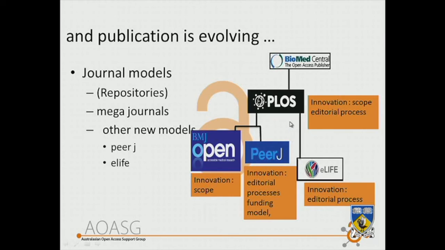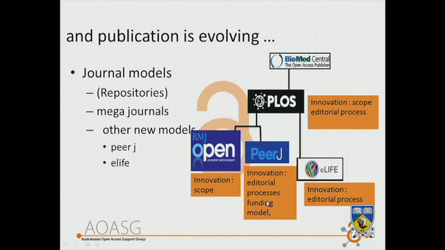When I was talking at the beginning, I said that there used to be this route that people were very comfortable with: you just submit your paper to a journal, it has a type of peer review you're comfortable with, and you understand what's going to pop out at the end. You might not enjoy the process, but it's something you're familiar with. At each of these journals, something quite different might happen with your paper as it goes through. For example, at BMJ Open, peer review is completely open. So if you're a reviewer there, you probably want to know that. You might not feel comfortable about it if you don't like signing your reviews.